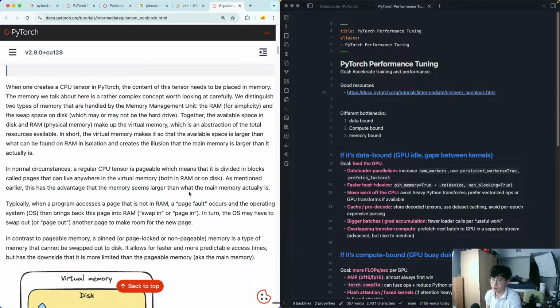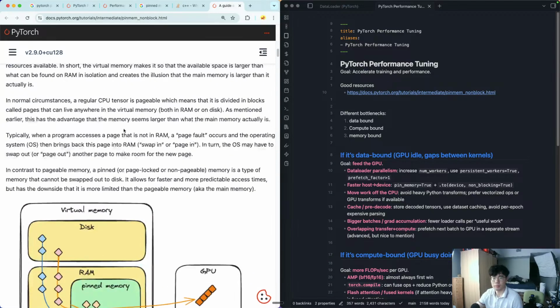But the reason we came up with virtual memory is because we had very limited memory at the time, and also we can abstract away physical memory from logical memory, right? And so now each program can just use virtual memory and have the illusion that we always have access to memory address 0, even though physically on the hardware, there's at most one program that can use physical address 0. Okay, so typically when a program accesses a page, a page fault occurs,